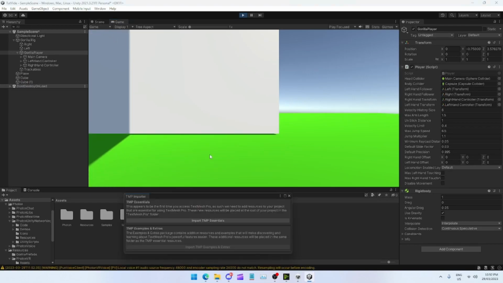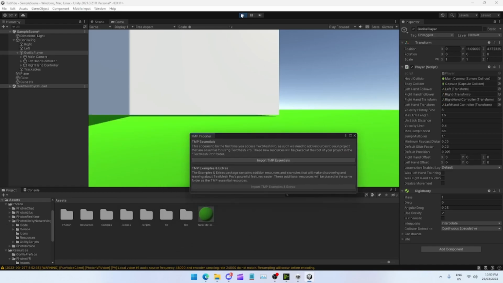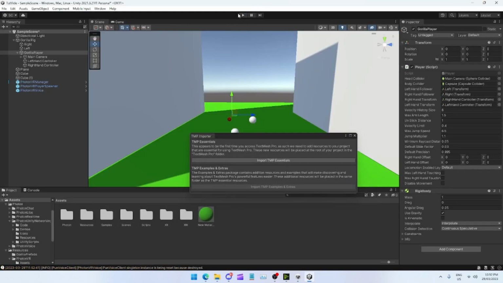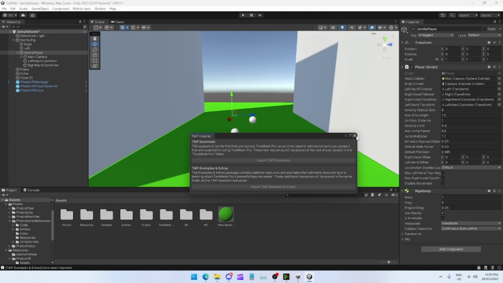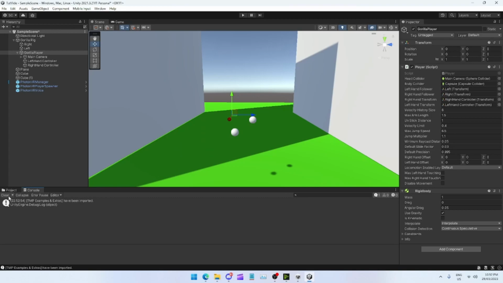Okay, guys. I forgot to say that, and then this thing will come up here. Press play again, so this is the play button, and it should turn blue, and you just tap the blue thing. Make sure you guys import the TMP. So this little window will come up, you just want to do that. And I tend to clear my